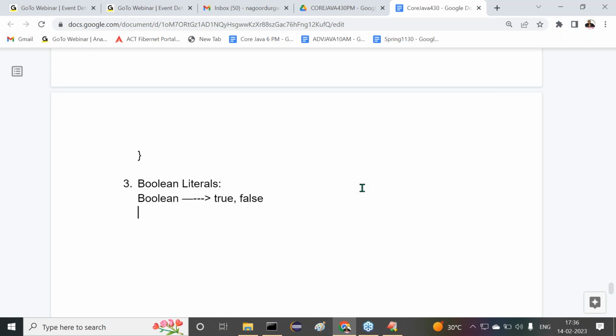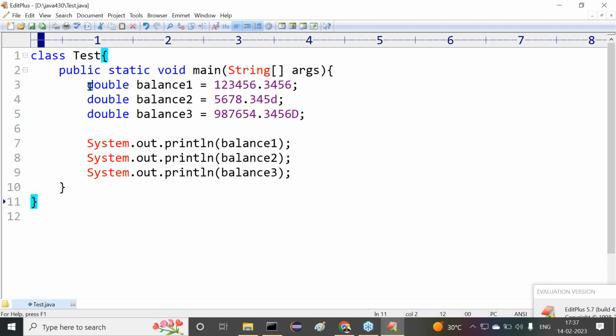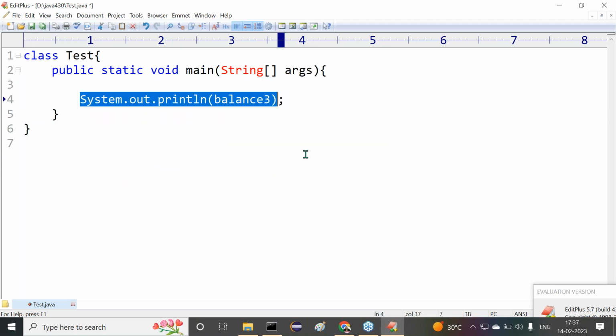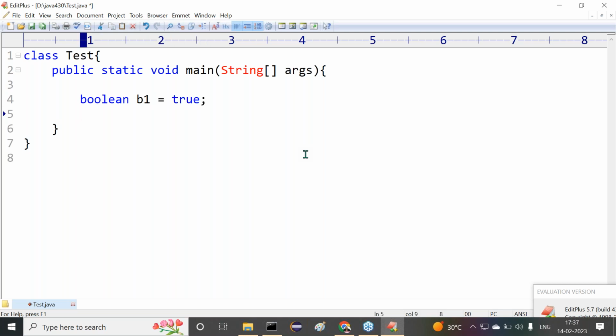All right, sir. Now here no suffix is required to represent Boolean values. What is not required here? Suffix values are not required here. Directly we can represent them. So for example, in place of all this, I want to take, all right, observe carefully. I want to take boolean b1 is equal to true, for example. boolean b1 is equal to true. I want to write